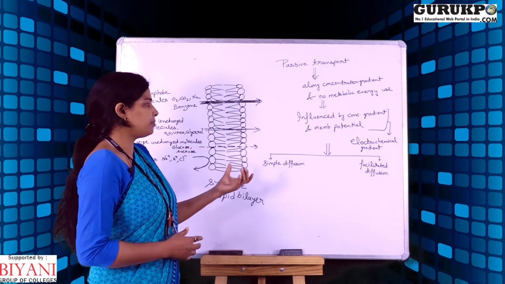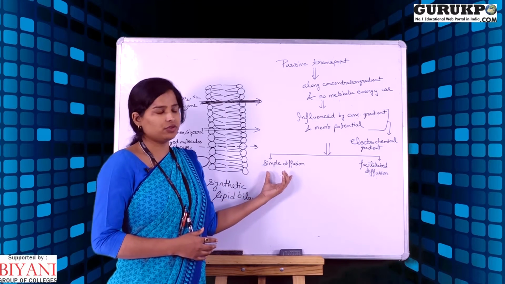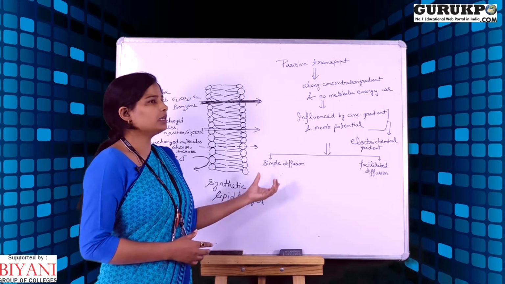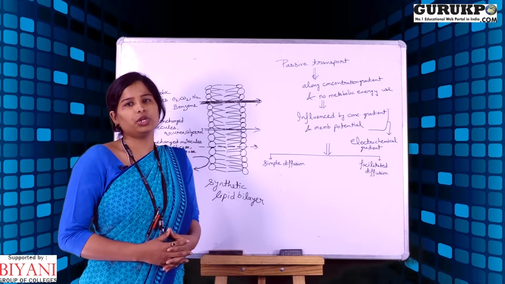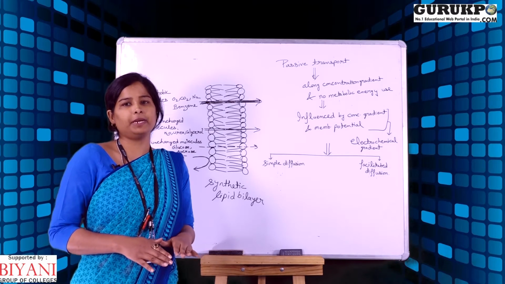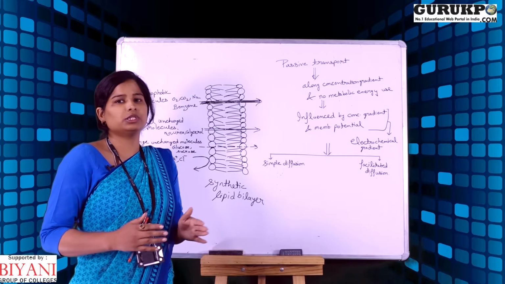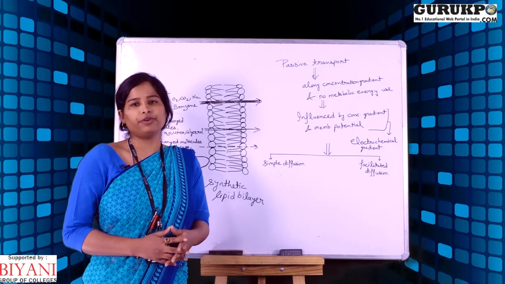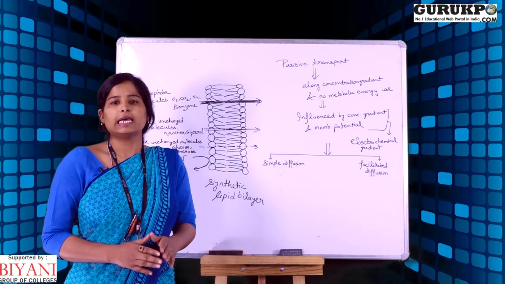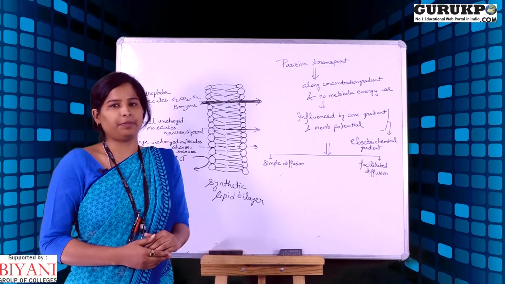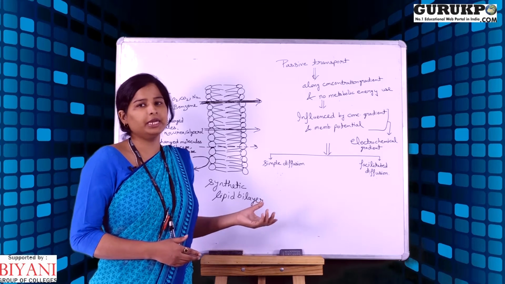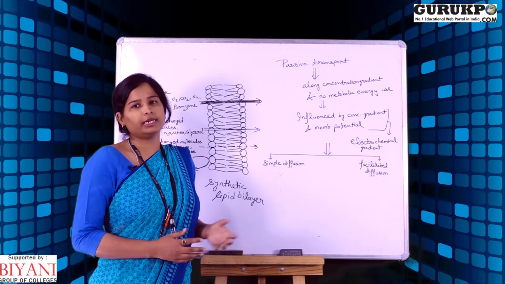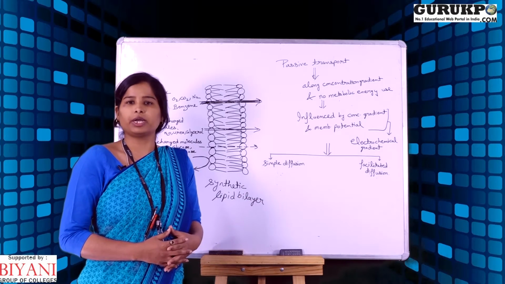Passive transport is further divided into simple diffusion and facilitated diffusion. In simple diffusion, the molecules simply dissolve in the lipid bilayer and move across the plasma membrane. This depends on the relative concentration of molecules inside and outside of the plasma membrane. It does not use any protein or any other system to facilitate the transport of molecules across the plasma